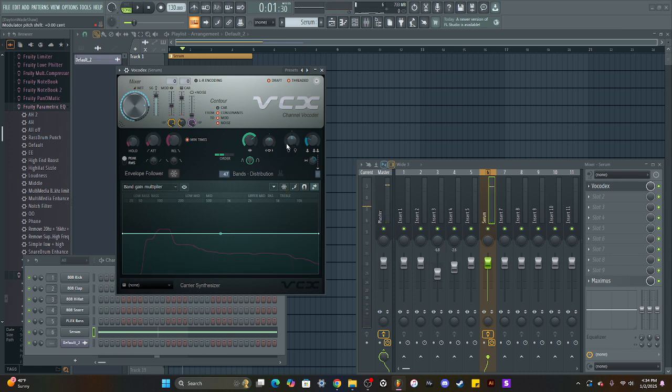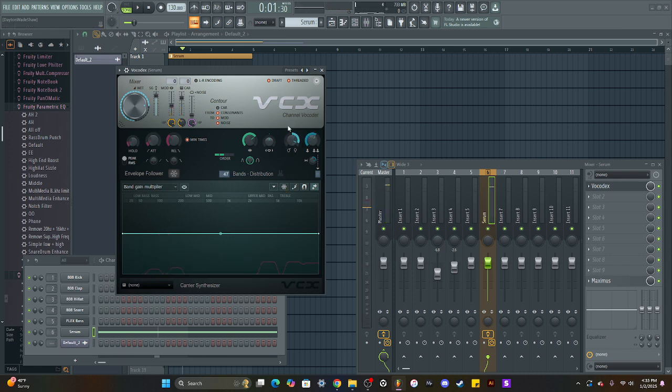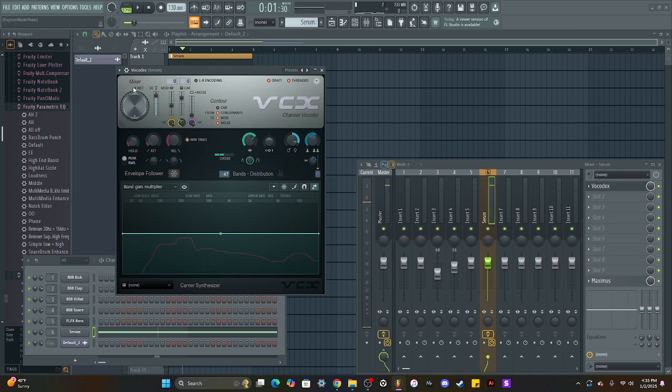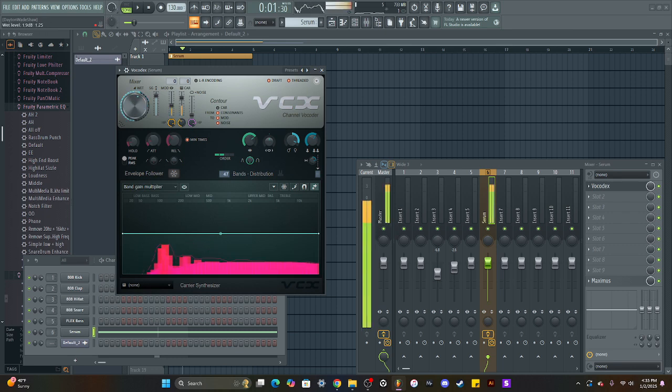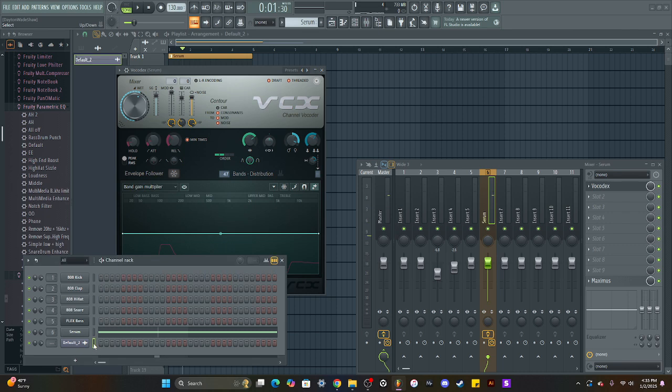So you can kind of already hear that robotic, like a talk box synth effect. Okay, imagine that on a vocal. That would sound pretty cool. Kind of using a bad sound to